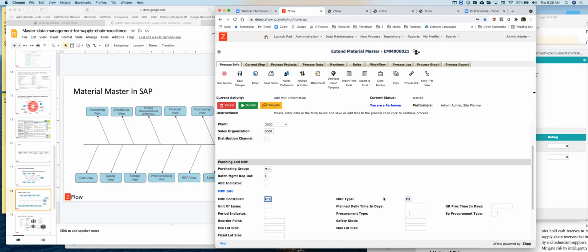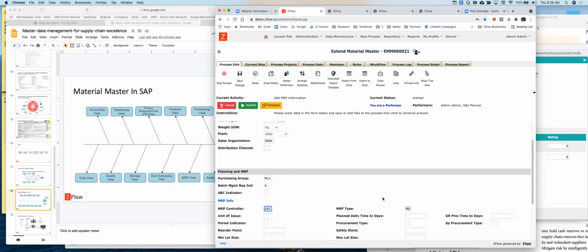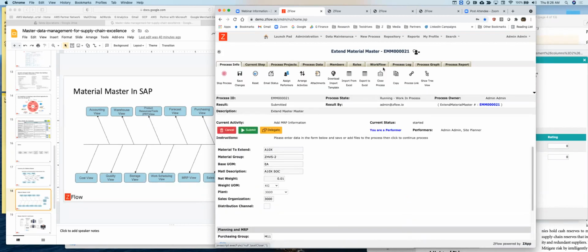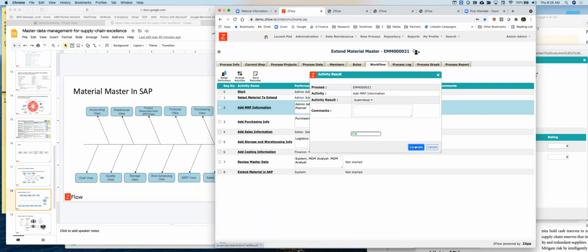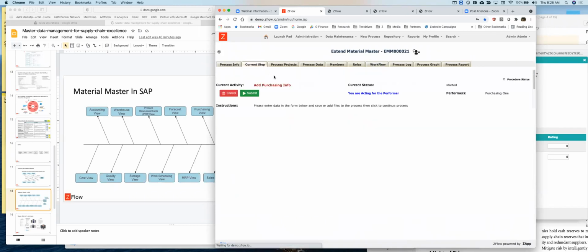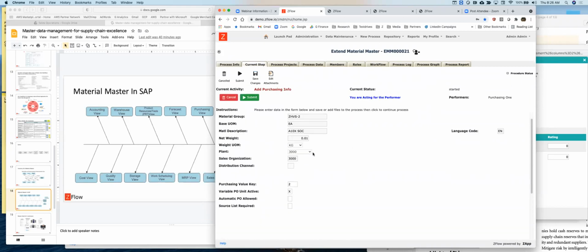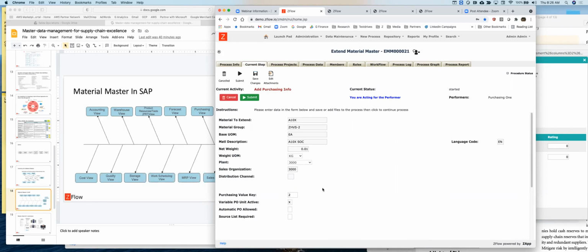So it becomes, they are providing the right information at the right time. So similarly, if you look at the workflow here, let's assume we've finished the MRP information, you go to purchasing, and only the information that is needed from a purchasing perspective is now being asked for the team to set up, right? So the workflow here is set up so that you are actually able to involve the right people at the right time,